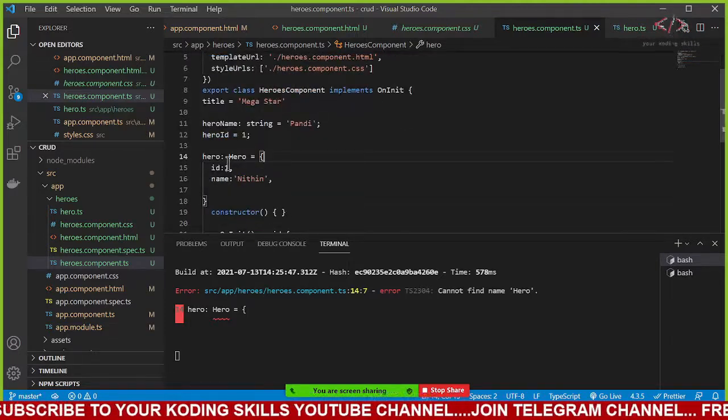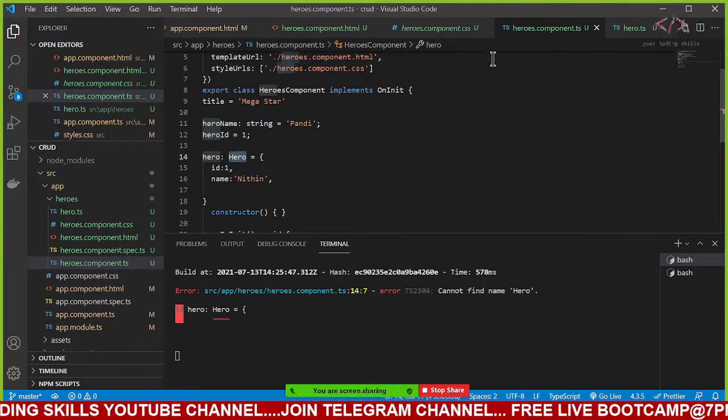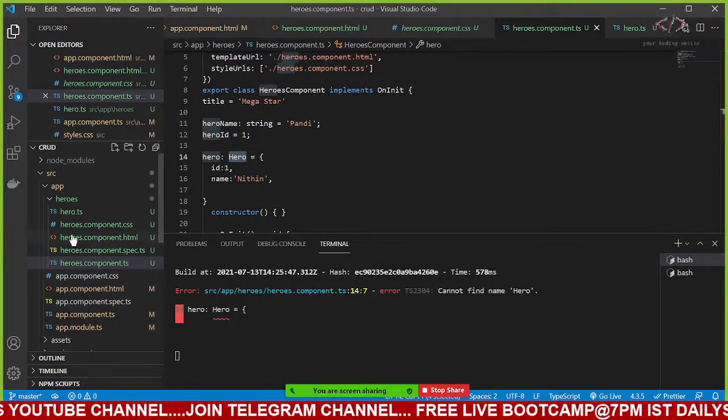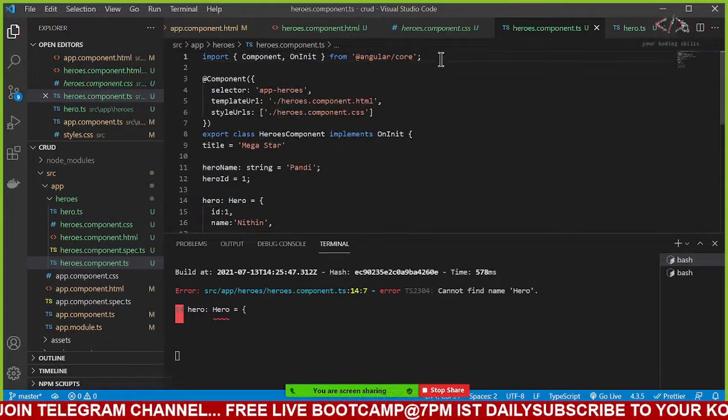It says that hero here. But this hero, I will say that it is in this file where I created it here. So let me go, as I told you, people,